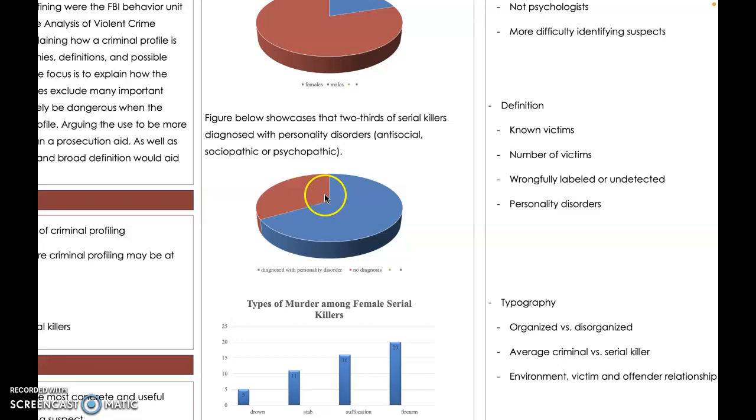As you can tell, there's 1/3 that wasn't diagnosed, and in criminal profiling, at least for most of the typographies that I was looking at in this article, it showed that a lot of them were diagnosed with some kind of personality disorder,